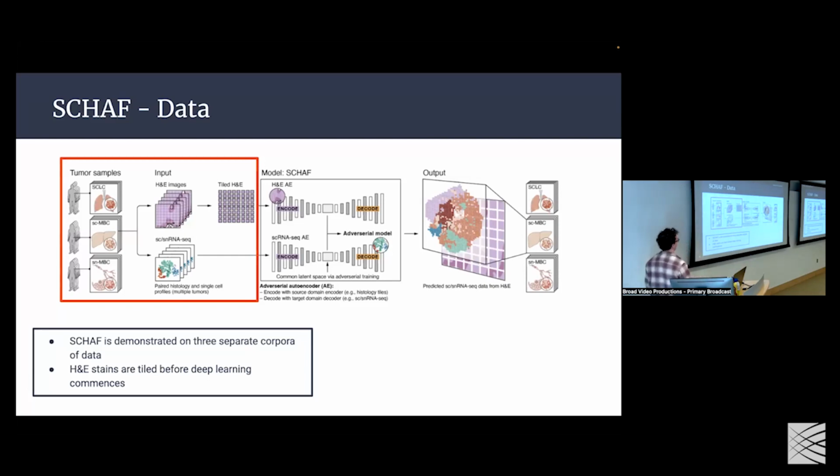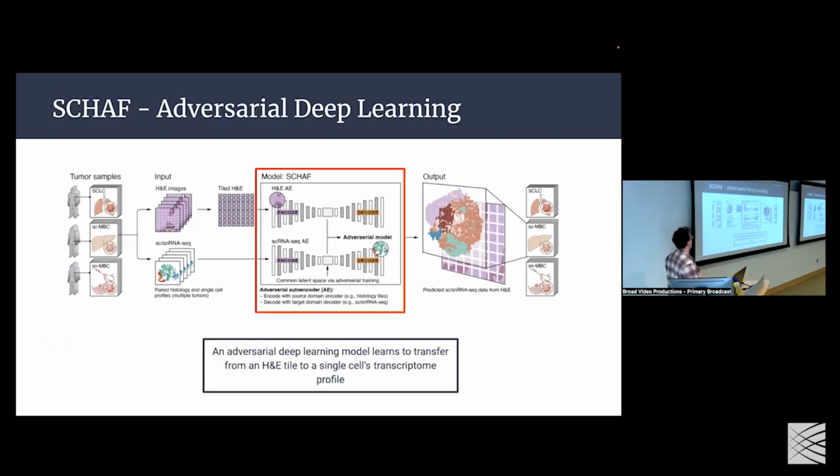So what we're going to do is actually just tile our H&E images. It's a very popular technique. A lot of other histopathology type analysis papers usually start with this, but we're just going to slide a window across our histology stains and tile them so that each tile will more or less represent, in theory, a cell in its surrounding neighborhood. And going forward, what we now have is, for a corpus, a lot of tiled H&E images and a lot of single cell RNA sequencing data.